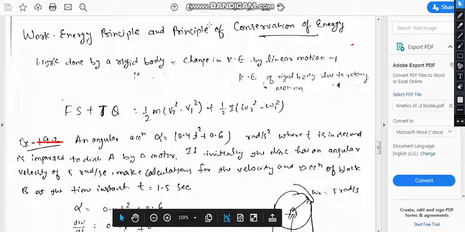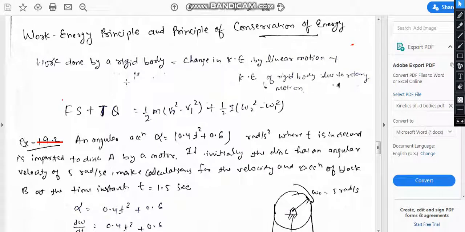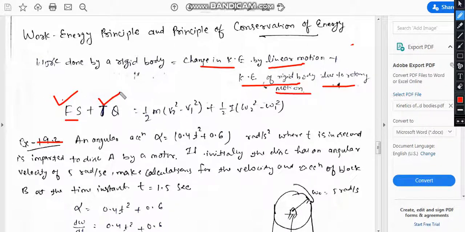This is the work energy principle, conservation of energy. Again, work done on a rigid body is equal to the change in kinetic energy due to linear motion plus the kinetic energy of the rigid body due to rotary motion. So that is Fs, this is linear motion and this is rotary motion, equal to this linear motion and this rotary motion. Now the problem is